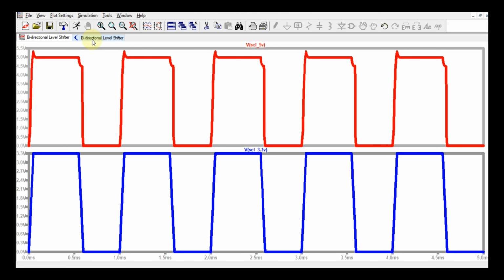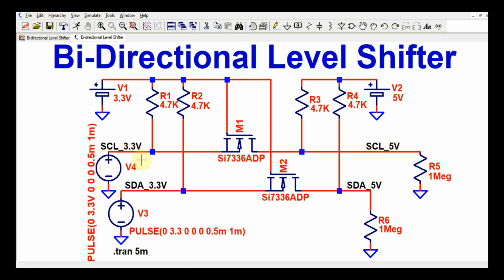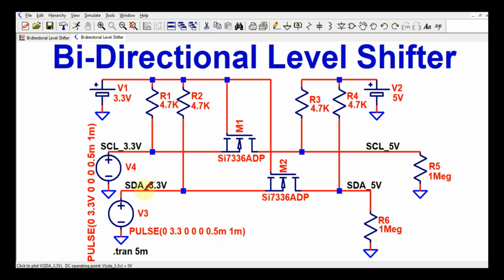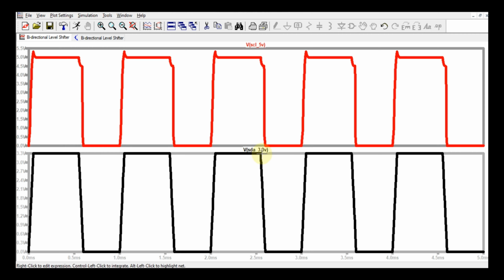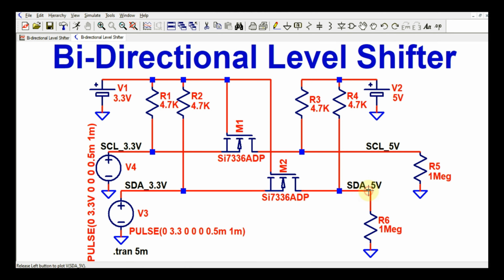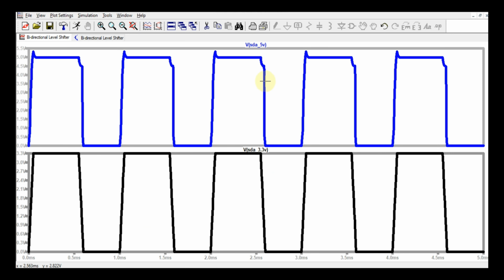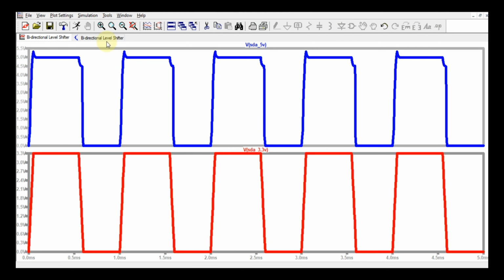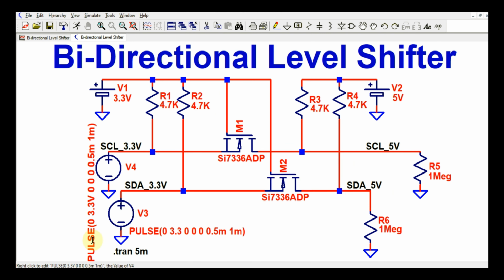So this is for SCL, and let me show you the data for SDA. Here is SDA at 3.3 volt, and let me show you SDA at 5 volt. So this is SDA and this is 5 volt. Let us assume this is the input side.